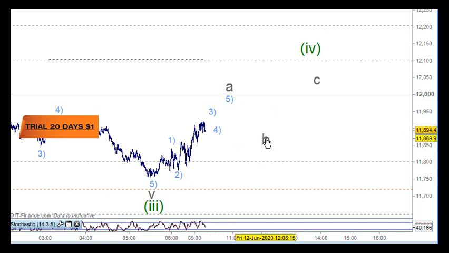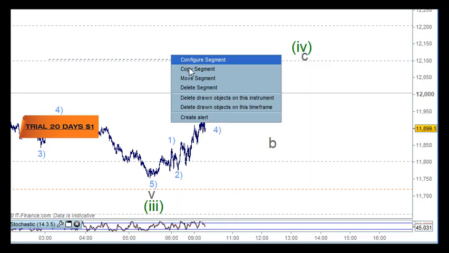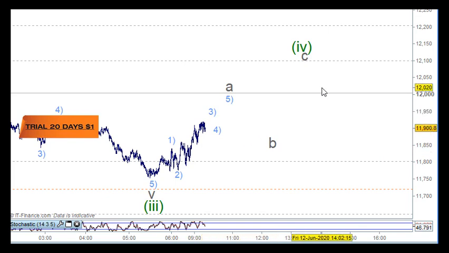And then the wave B will pull back in 3 waves, and then wave C here at the 38.2% retracement at 12.1. We don't need that. I'll just get rid of that. Yeah, so up here, back here, and up here. So one of the main points here is looking for 5. If we get 5 waves here, then we're going to get an A, B, C back here, 50, 60%. So we can draw that out a little bit here.